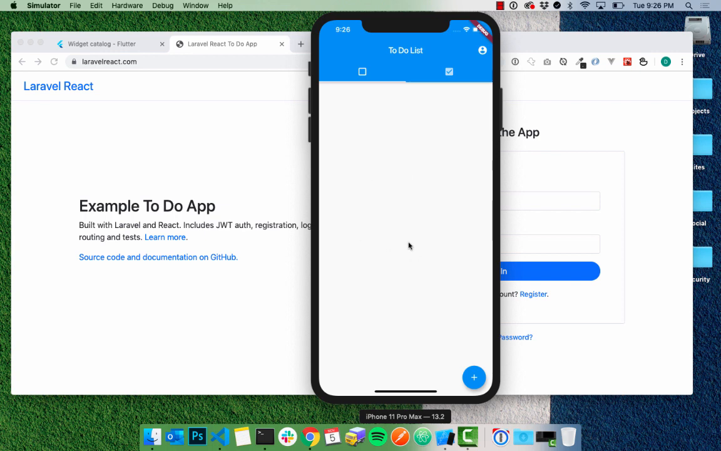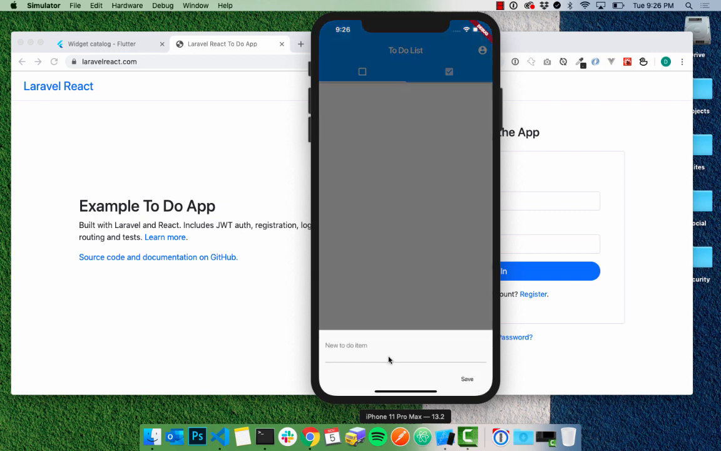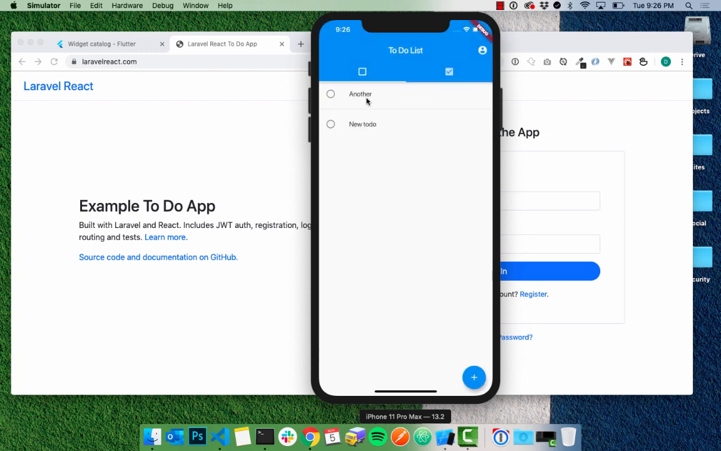And when you first log in, there's no to-dos. I should probably have a little message here that says add a to-do, but we can quickly add one here. We press this button in the bottom and say new to-do, and we can add another one, and it gives us the option to toggle these, which moves them to the list, and that's about